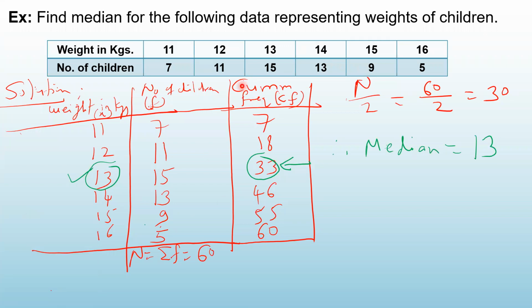So what we did, सबसे पहले cumulative frequency निकालना है. First step. Second step में n का value निकालना है. Third step में n upon 2 निकालना है. That is 30. यहाँ तक तो ठीक है. Fourth step will give you the value of median. How to find out the median? Look at the cumulative frequency column. ये column आपको देखना है and see where this cumulative frequency just exceeds 30, just exceeds n/2. n/2 मतलब 30 इस प्रॉब्लम में. तो जब वो वैल्यू 30 के ऊपर हो रही है वहीं पर आपको स्टॉप हो जाना है.